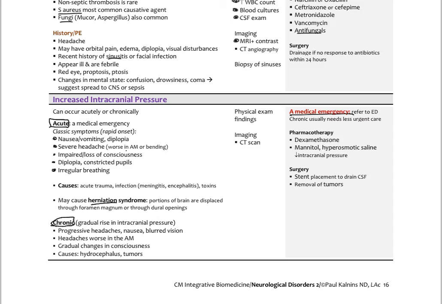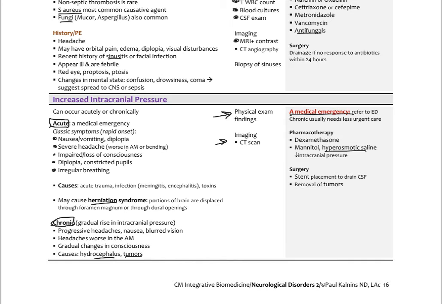Chronically, you get a gradual rise of intracranial pressure, and we get progressive headaches, nausea, blurred vision. Headaches are usually, again, worse in the morning, with gradual change in consciousness, and here typically we see tumors and hydrocephalus as the major causes. So we'd find our characteristic findings on history and exam, and our CT scan is usually what's done for the imaging. And the therapy usually is to get the intracranial pressure down with